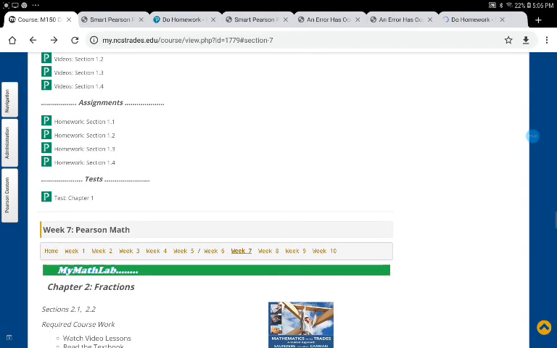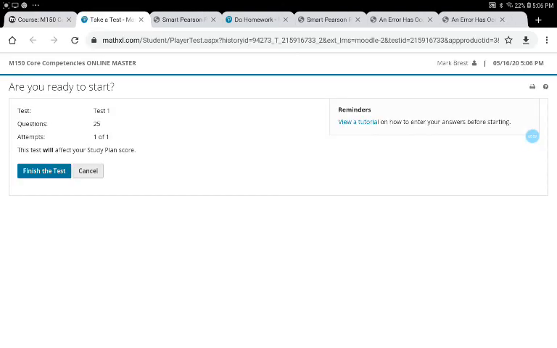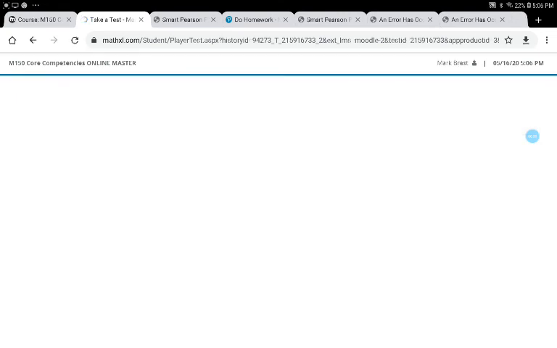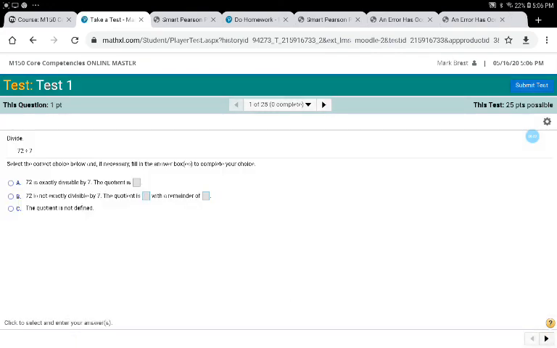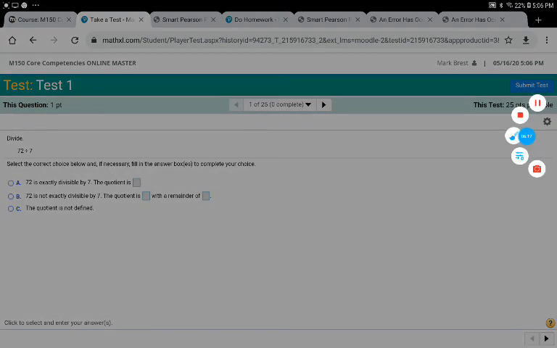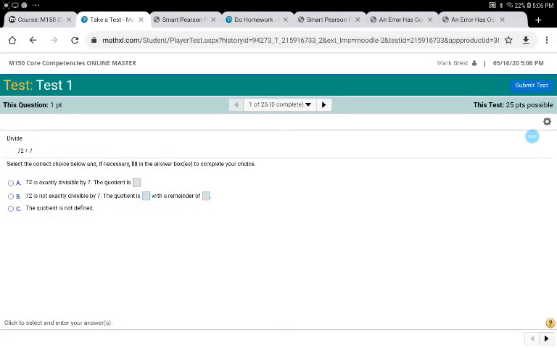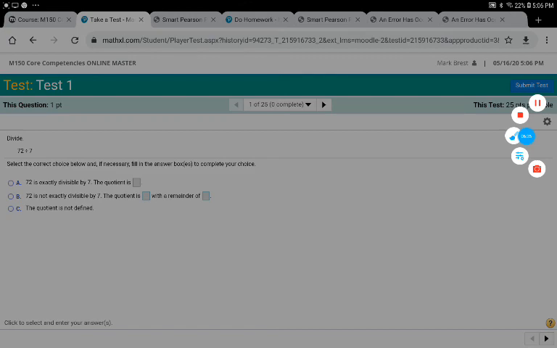One last thing I'd like to show you is the actual test. For this week, there are 10 tests. This week's test is Chapter 1. I'm going to go ahead and enter the test. Once you start the test, you have one attempt at the test. This one has 25 questions. And this is what a test looks like. Make sure not to skip the test, as I believe they're worth about 80% of your grade. So it's super important to take the test and be fully prepared before you take it. And you do that by practicing with